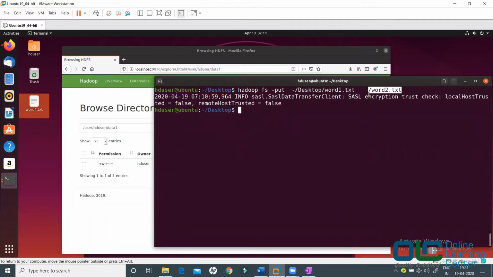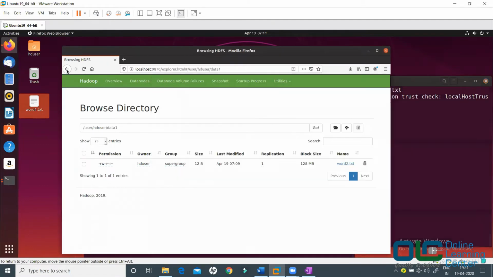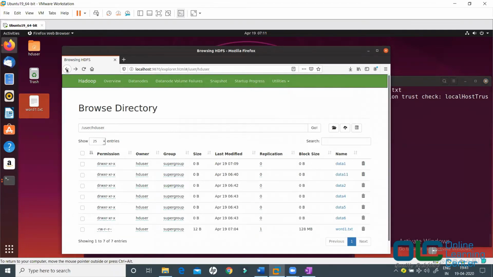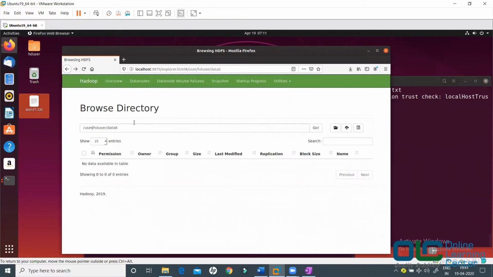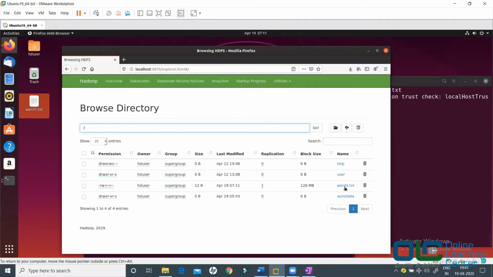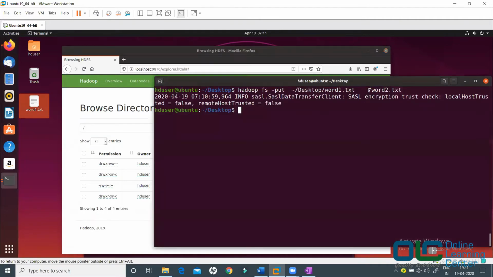So that means you are asking a file to be created under your root. So where should you go and look for this data? Not here, not here, not even here. You should go to this root here. So here, you can see word2.txt has come, right? So you have uploaded the file under this location. You have to be very careful. If it starts with /, then it will always be treated as root. So under your / a file got created, word2.txt in your HDFS, right?